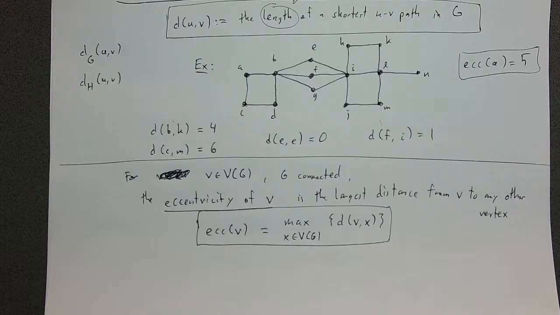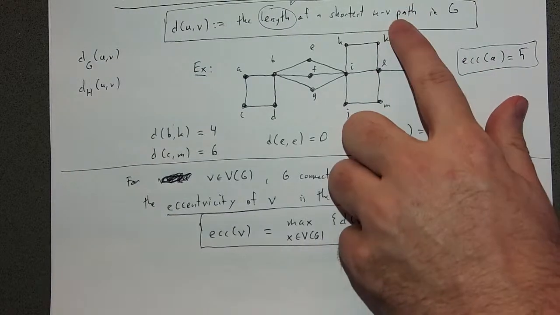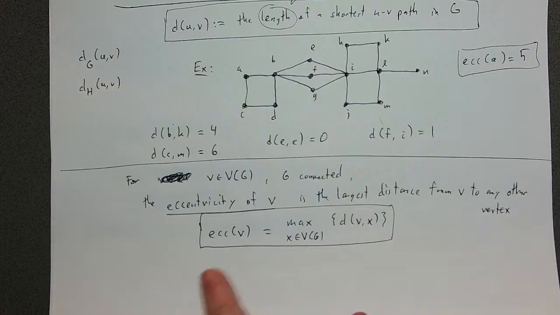Let's see here. Question: why is this distance defined as so, rather than minimum distance? How do you characterize different path lengths? If you mean the regular distance, it is defined as a minimum distance. It's the length of the shortest UV path. If you're talking about the eccentricity,